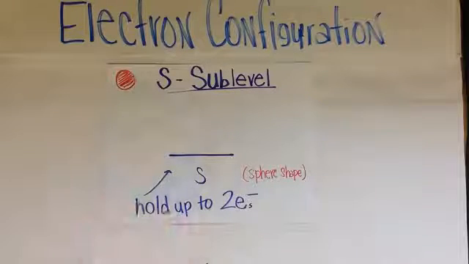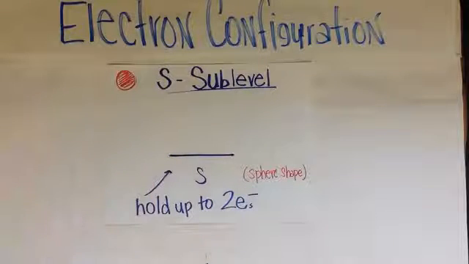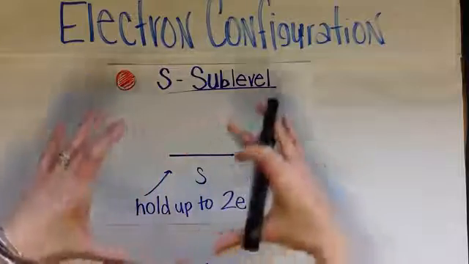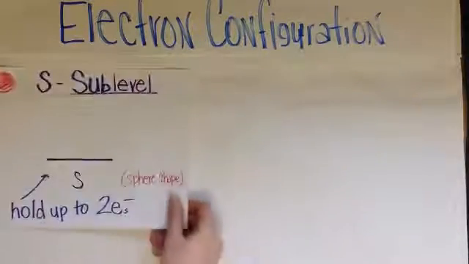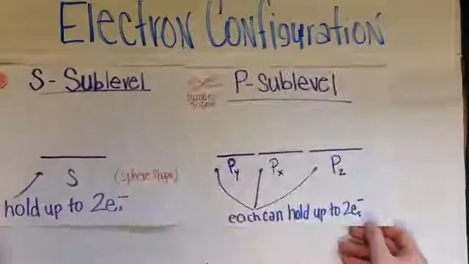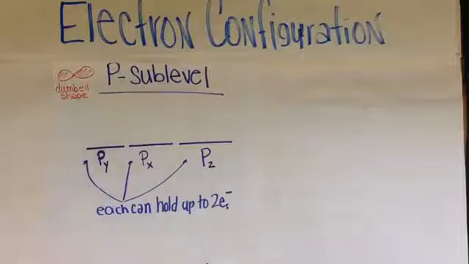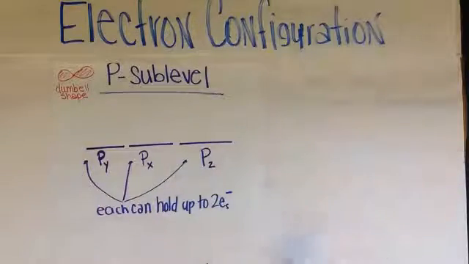If you want to know what an S sublevel looks like, it actually looks like a sphere, okay? So remember, we're still talking about the atom and what those energy levels look like. So we've got the S sublevel. We also have the P sublevel. The P sublevel looks kind of like a dumbbell shape, or an infinity sign, or the figure 8 laying